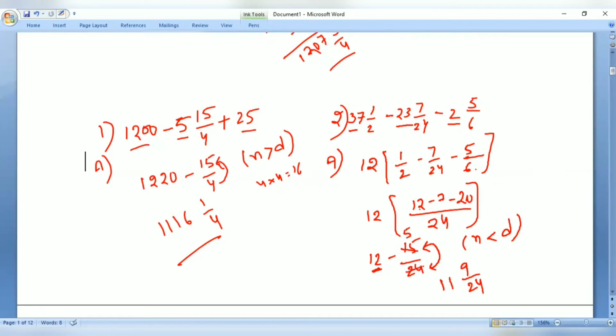3 5s are 15, 3 8s are 24. In this case, what will be the answer? 11 3/8. Both are equal. Okay, so this is how we will solve the questions based on the